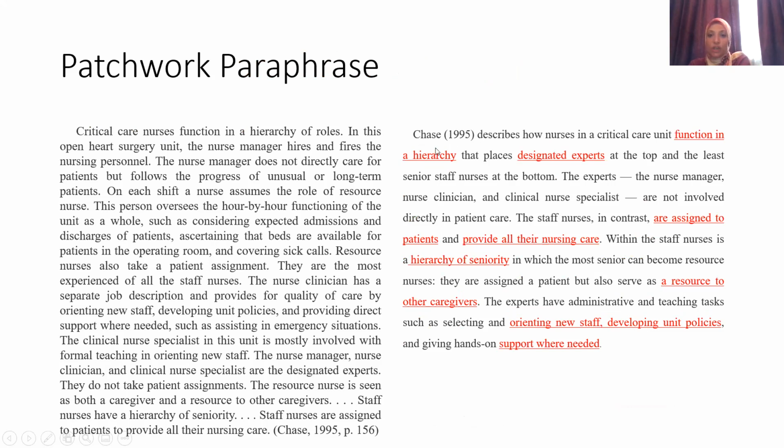So Chase, this is the last name, not the first name, the last name of the author. And then between brackets, the year of publication of the article. When did this article appear on the internet? And he said, of course, describes, we can say stated that, explained that, or these are good phrasal verbs to use while paraphrasing. Then he put the original text in his or her own words.